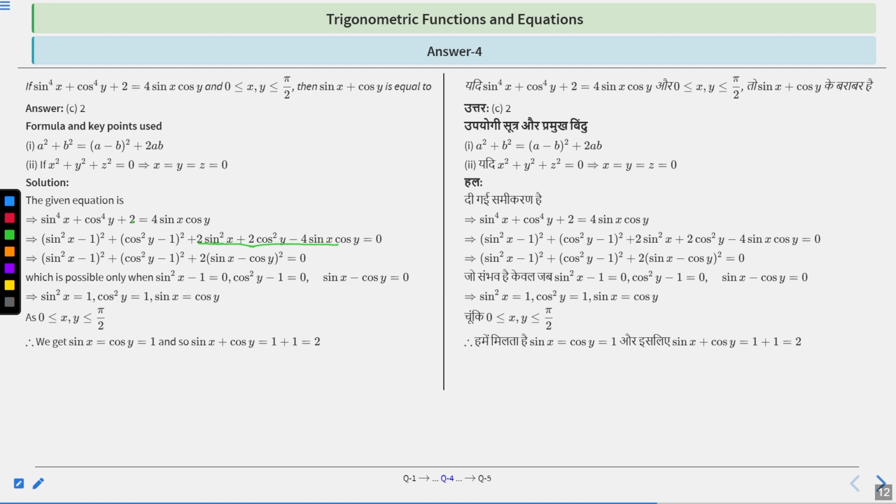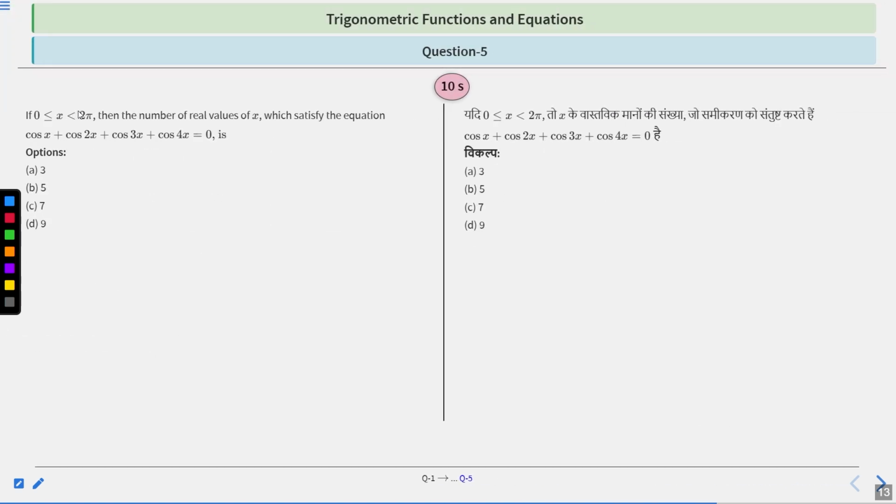Clear? Therefore, option C, 2 is the right choice. Option C will be the right choice. Got it? Now let's move to the next question, question number 5, which says that if x is between 0 to 2